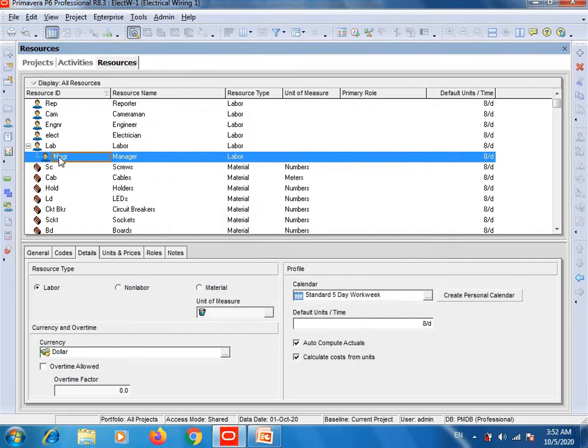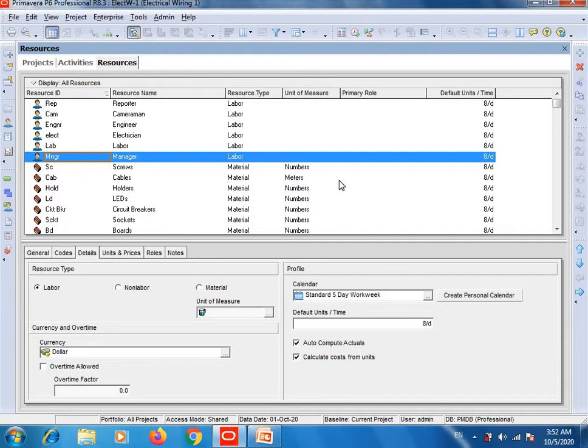So here your resource has been added, manager. One last thing: you can see that it is coming under labor. It looks like a subcategory of labor, but it's not. So you will do the last step. On the right side of your screen, click on this arrow, move left, and it will come in sequence. These are all the resources which I already did for my previous project, but for your understanding I did this entry of manager. Alright, then our step 3 will be adding currency.